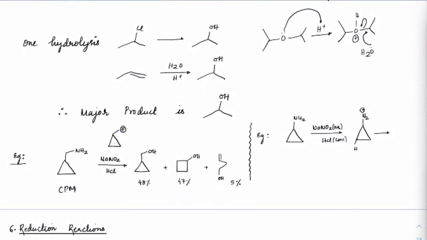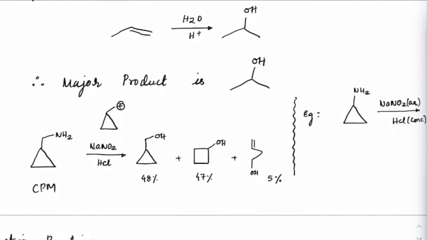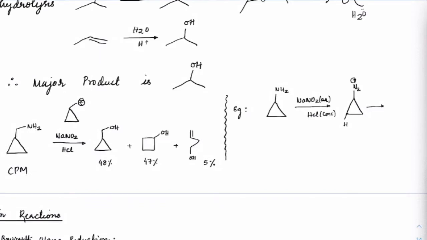Okay. So make a note here. We did that just the other day with the double bond. Now suppose the amine is directly on cyclopropyl, so this is CPA, cyclopropyl amine. In case you have a cyclopropyl amine and then you treat with NaNO2, normally in this case, when N2 leaves, that is a highly unstable carbocation, correct? So being such an unstable carbocation, Cl minus eliminations are always more favored in here.